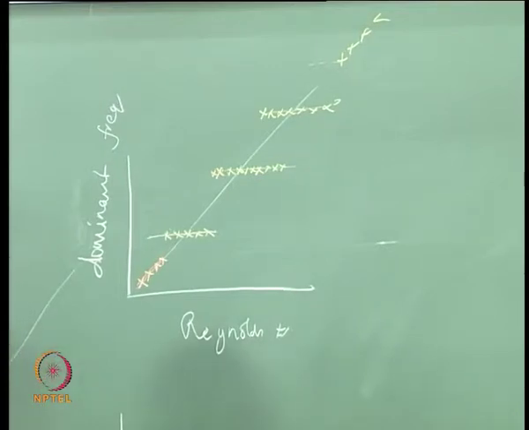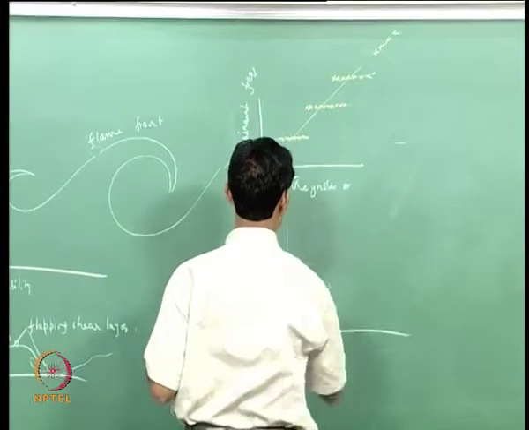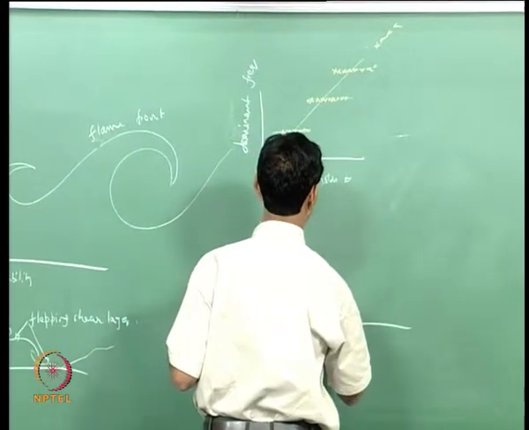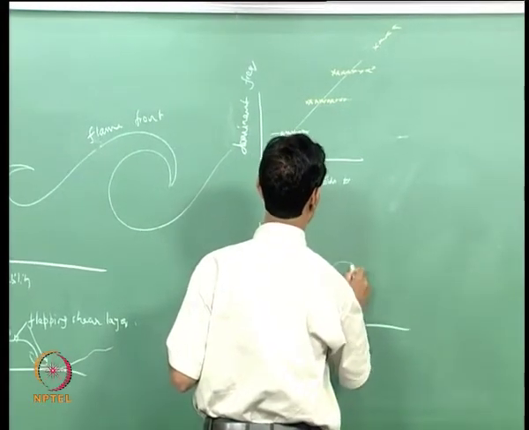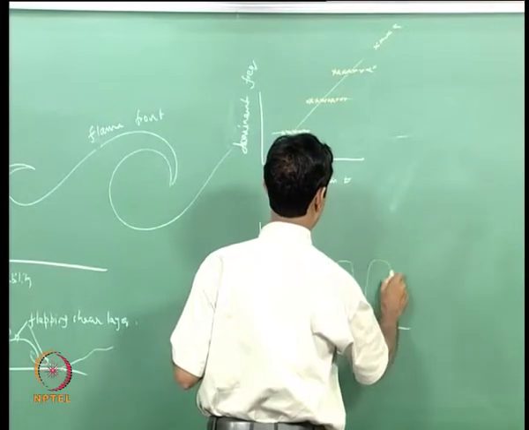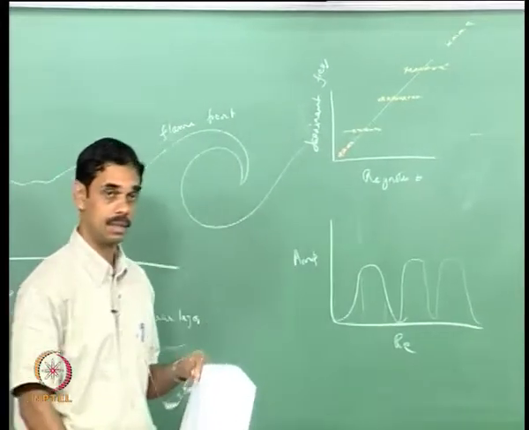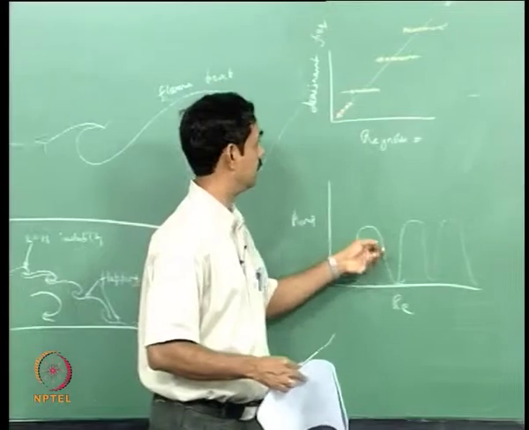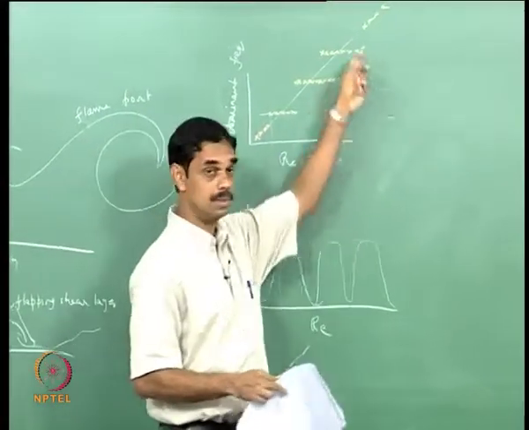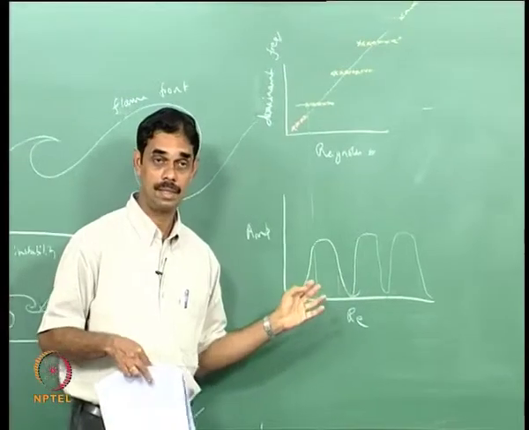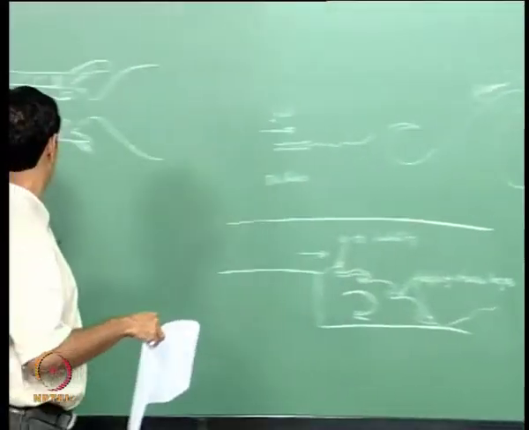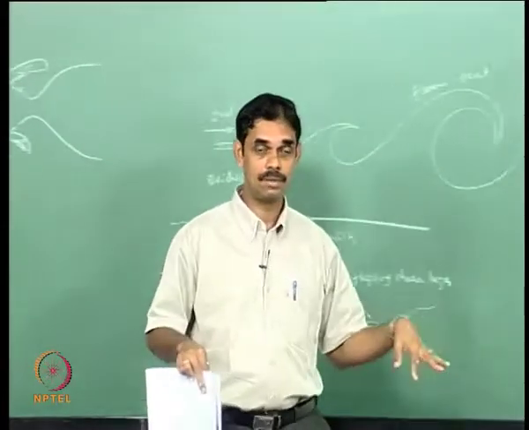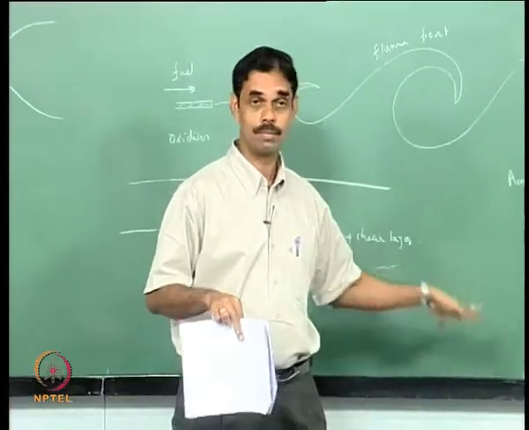and every time the lock-in happens, if you look at the amplitude, you will see some pattern like this, where it is locking to the first mode here, then it will jump to the second one, then it will jump to the third one. So this is what is happening in this situation where I drew here. Now the situation in a combustor will be different. I will talk about it next class because